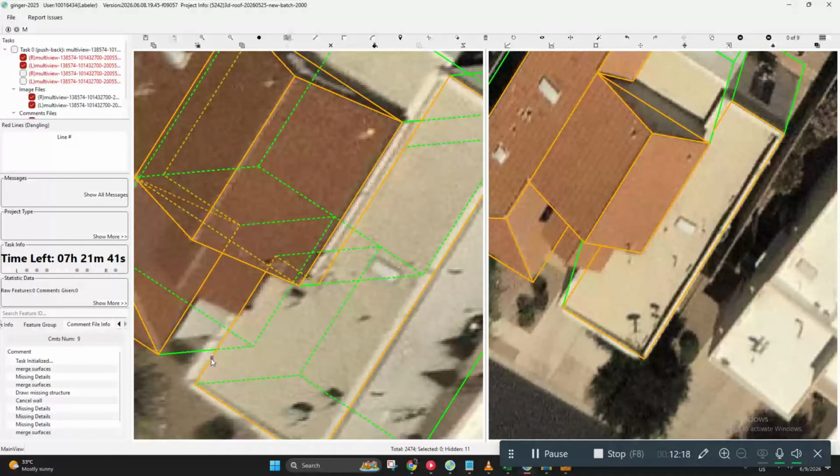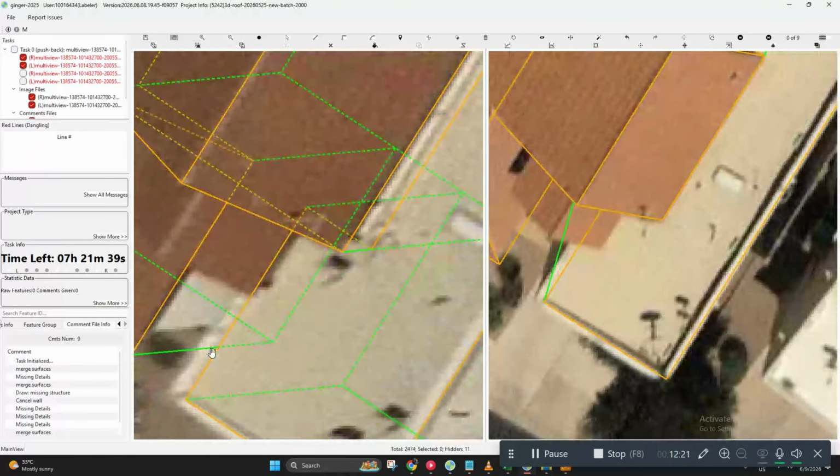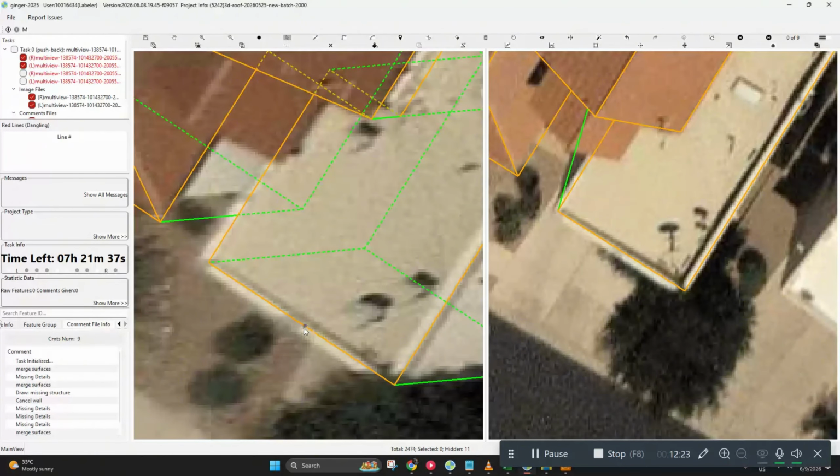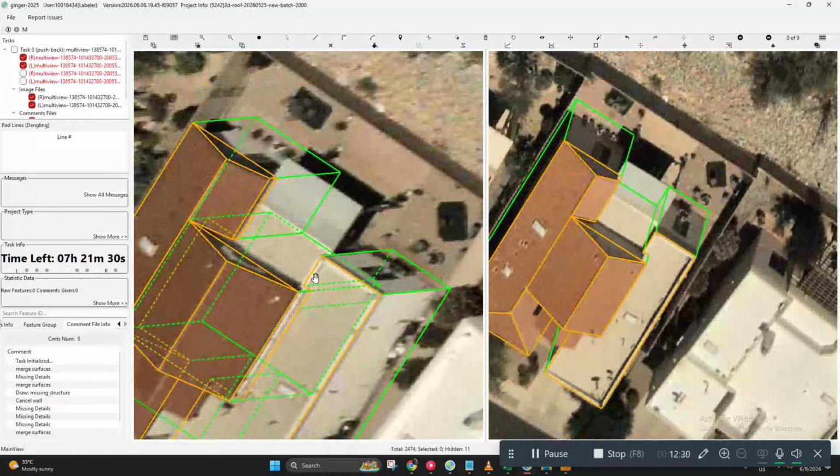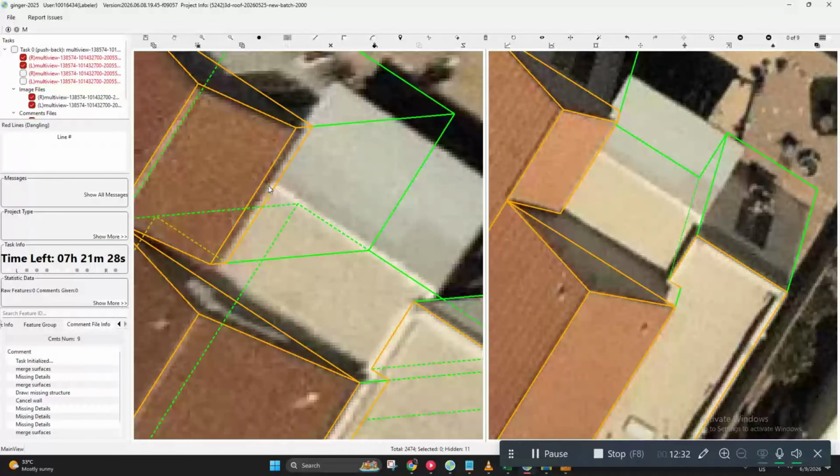So if you can't match it properly, then try to fix your drawing on the left panel. Like so, and yeah. Next is this part right here.